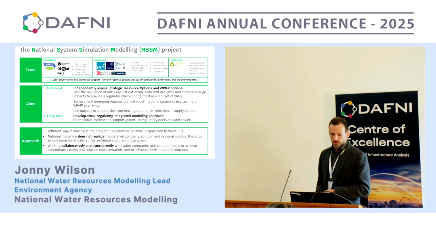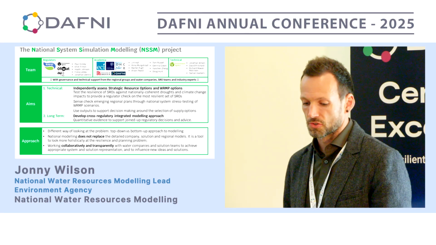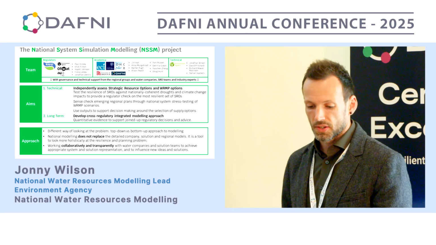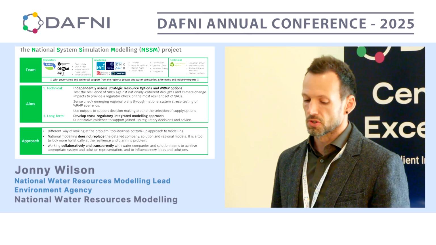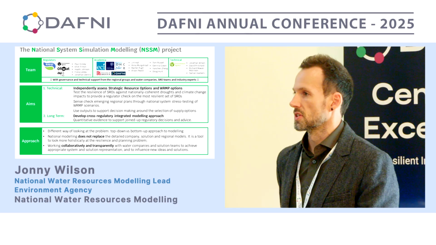There's three of those. The first is to independently assess the strategic resource options, and by that I mean testing the resilience of the SROs against nationally coherent droughts, so big, large-scale droughts, and climate change impacts, just to make sure that we think they're resilient, that these options can stand up to the range of uncertainty of climate change